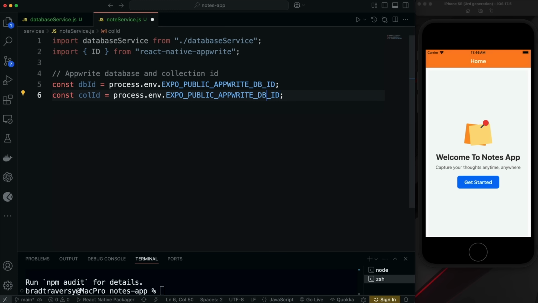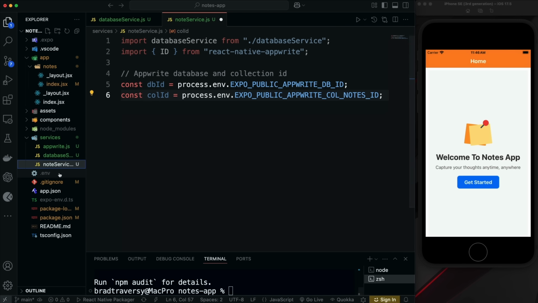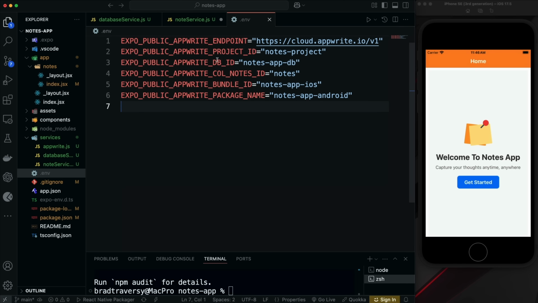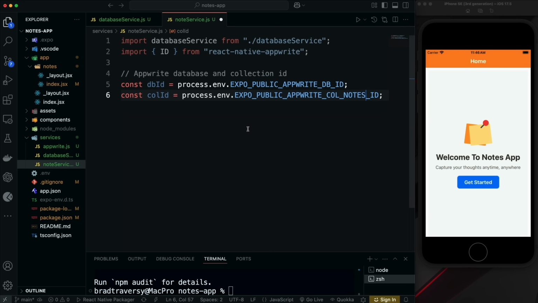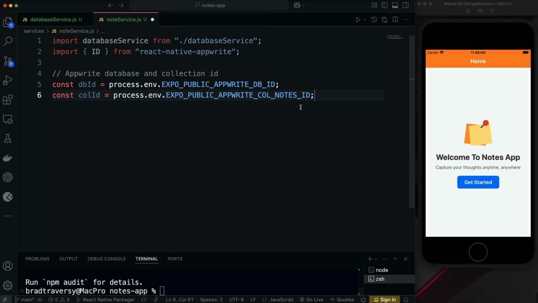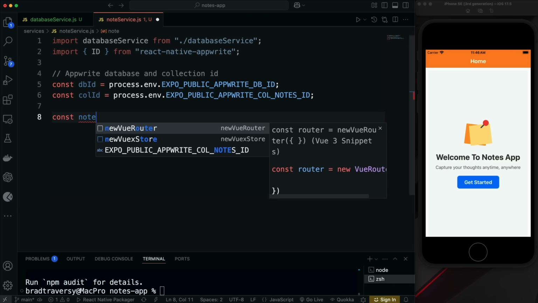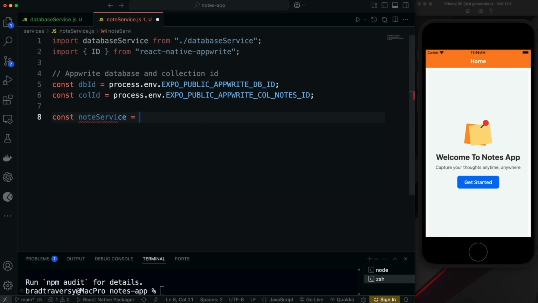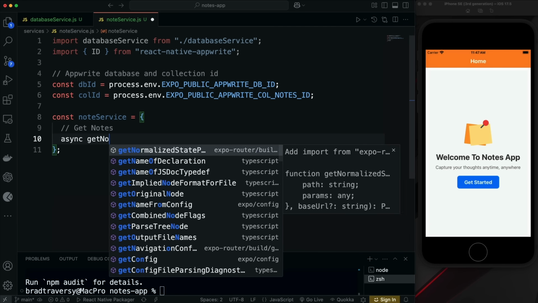And I believe that is call notes. Or is it notes call? Let me just check that. So call notes ID. Call notes ID. All right. So now we're going to create our note service object. So note service, and then we're going to have our getNotes. So let's say async getNotes,